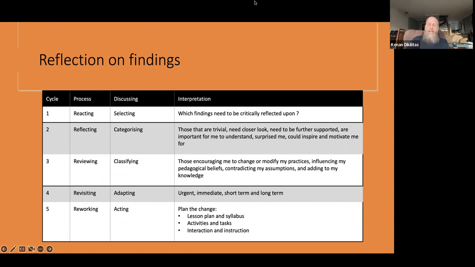So you need to make a plan to make the change. It doesn't happen easily. So maybe you can say, okay, there are important findings that I can integrate into my teaching immediately, or they can only be achieved in the long term. And then you make some plans. So which of them? And what is important in making this decision is you should communicate your findings and your